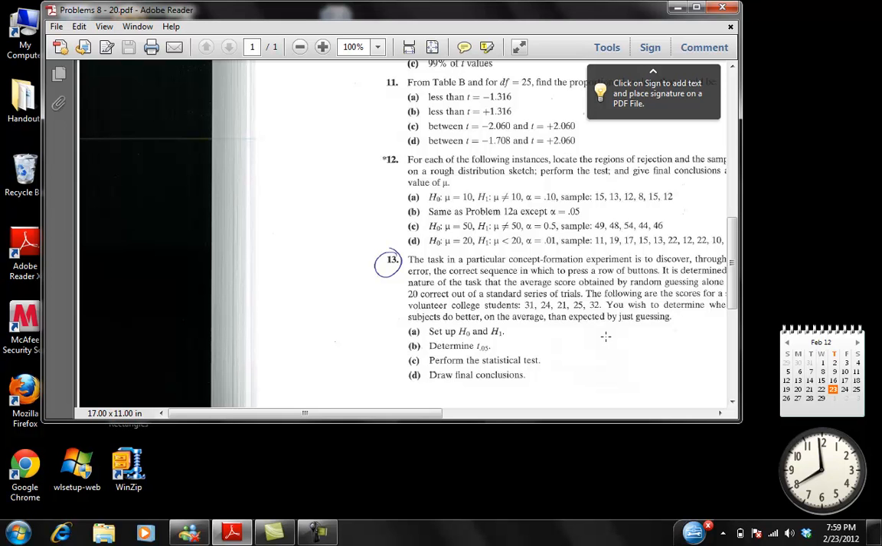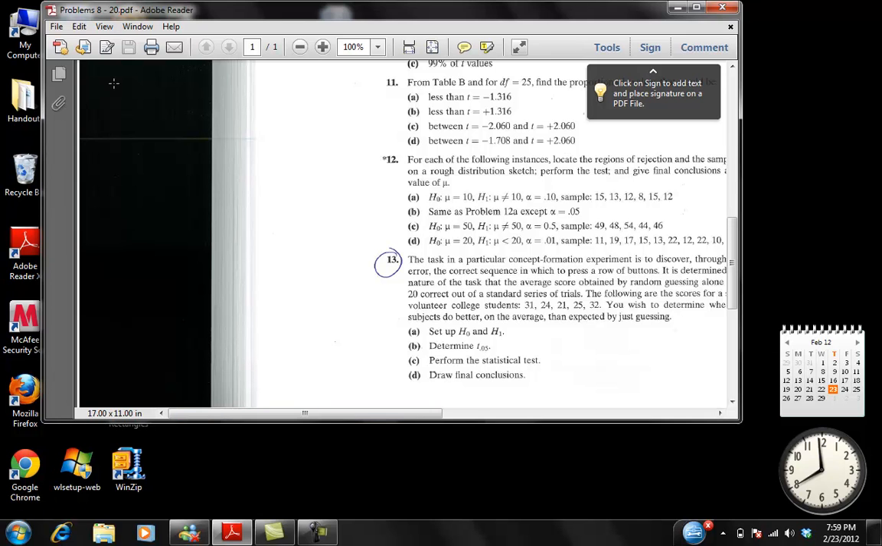And so the question is, does this sample give us evidence that the population mean really should be higher than 20? In other words, that college students on the average do better than just guessing. So that's the test we're trying to run. The first step in hypothesis testing is to check some assumptions, but I don't think we're doing that in this class, so we're just going to jump to step number 2, which is to set up our HO and